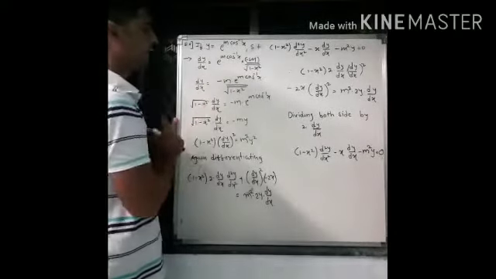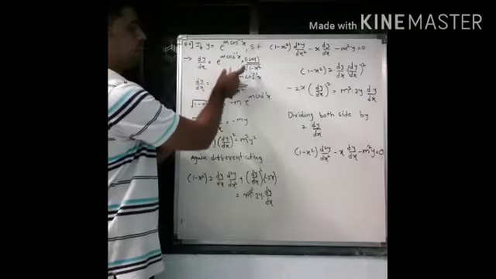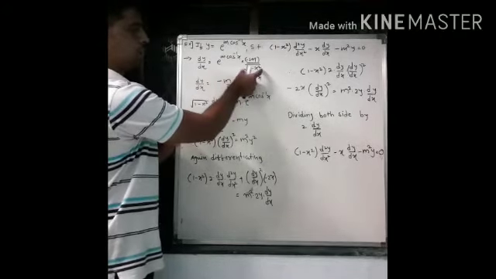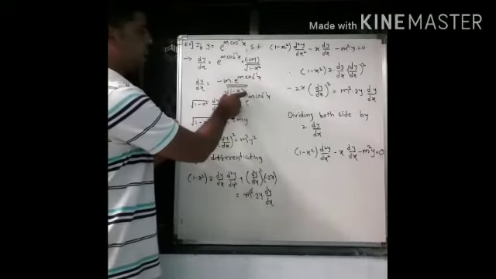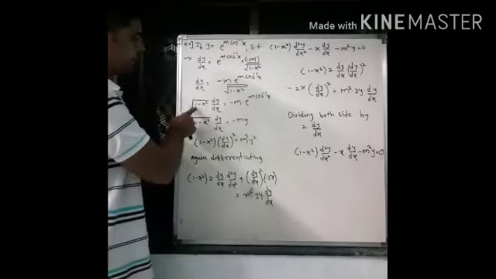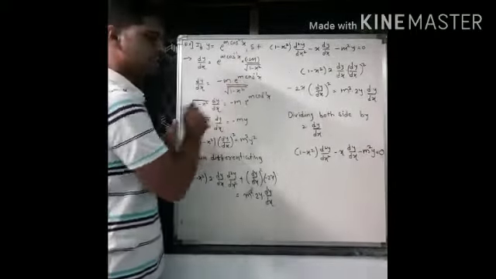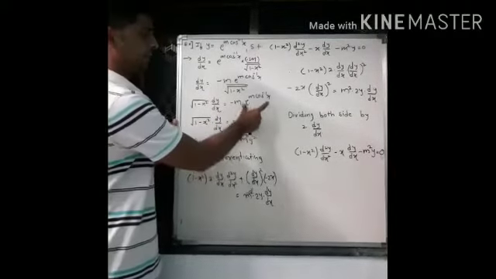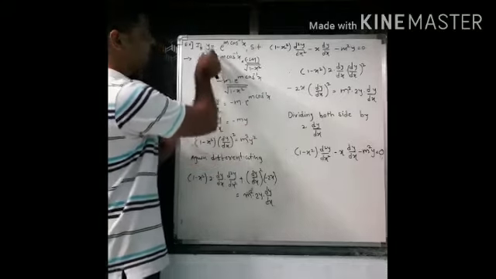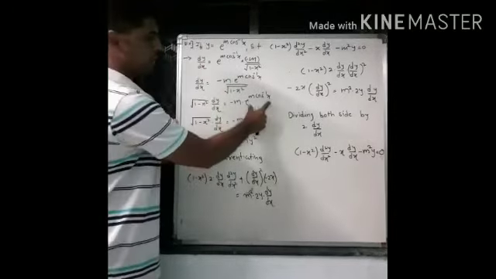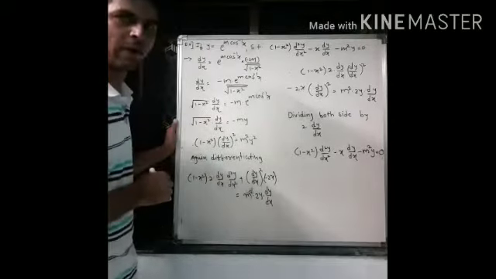Now we'll simplify this. This minus m and this e to the power m cos inverse x we will write in the numerator, and this root 1 minus x square will be in the denominator, right? Now this denominator term, if you shift that to the left side, it will multiply dy by dx, and the numerator term stays as it is on the right side. But this e to the power m cos inverse x is nothing but your original function y. So this term we can replace by y only. Now you can see your function is in simplified form.